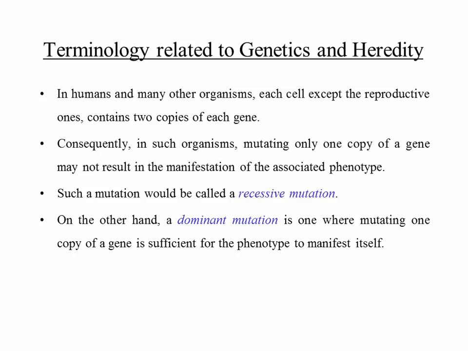So let's say for the gene that codes for hemoglobin, if you mutate only 1 copy of that gene, you may not get sickle cell anemia because the other one is still producing some protein, right? Like I used to have a student here who was a carrier of sickle cell anemia, so he had 1 copy mutated. He told me he used to feel tired, but he's not bedridden or something like that. Okay.